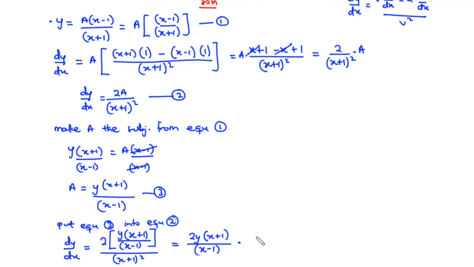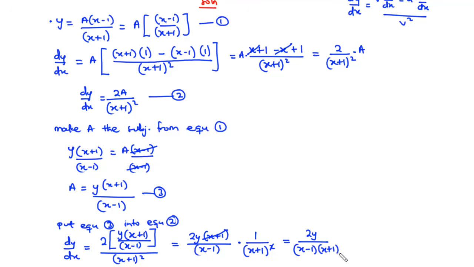When you multiply by the reciprocal of this, so 1 over (x plus 1) all square, x plus 1 cancels one of the x plus 1, and then you are left with 2y over (x minus 1)